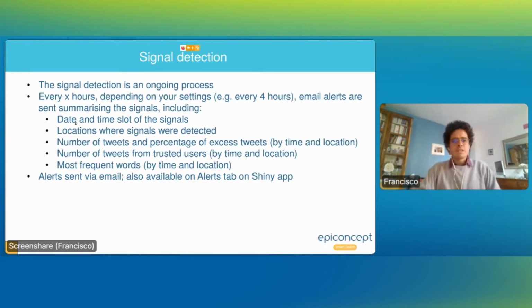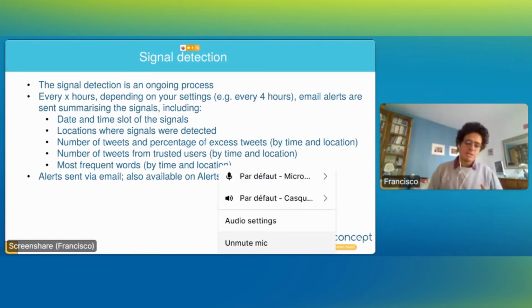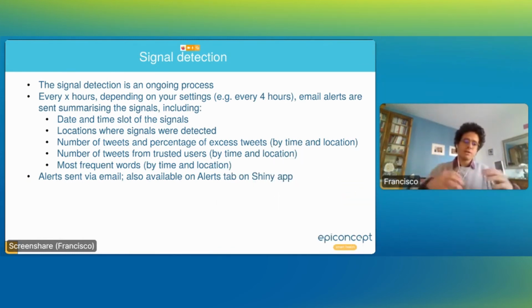So the signal detection is an ongoing process. It happens each X hours, depending on your settings. You can set how often you want epitweetr to generate alerts, but it also depends on your computer capacity and the number of tweets. If your topics are returning a lot of tweets, it may take more than the number of hours you are requesting. But if everything is fine after this number of hours you calculated, epitweetr will generate alerts